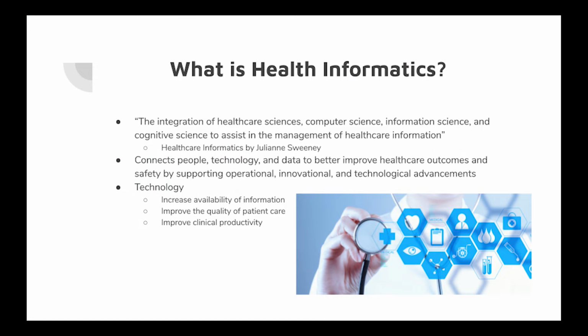So what is health informatics? According to the article by Julian Sweeney, health informatics is the integration of healthcare sciences, computer science, information science, and cognitive science to assist in the management of healthcare information. It also connects people, technology, and data to better improve healthcare outcomes and safety by supporting operational, innovational, and technological advancements. Technology has helped increase the availability of information, improve the quality of patient care by reducing tests, and improve